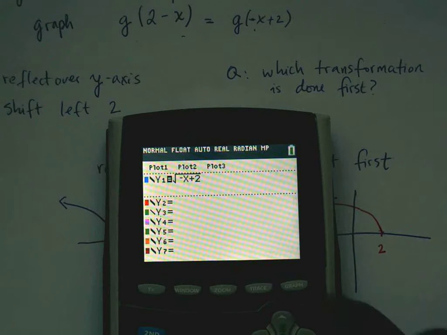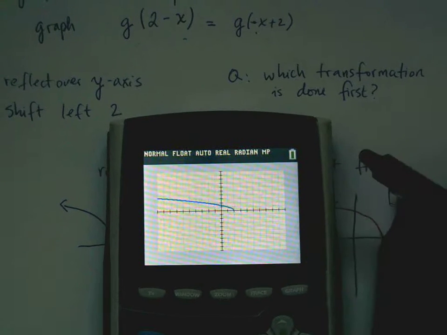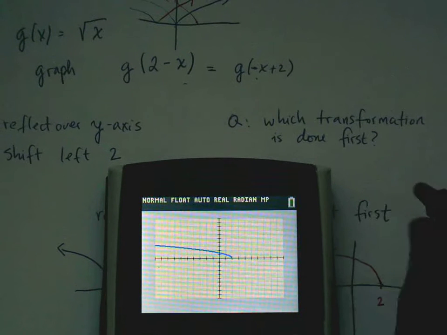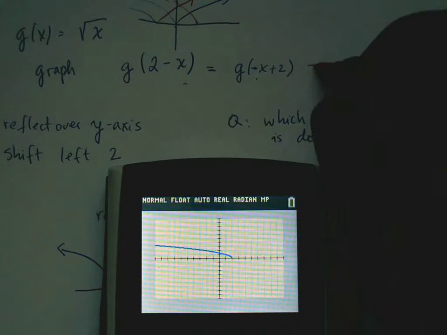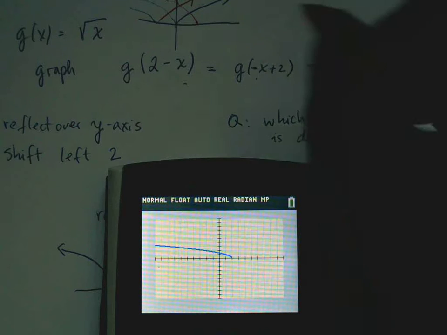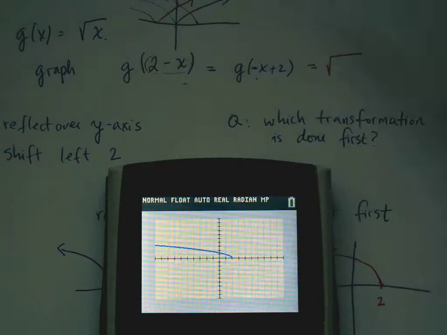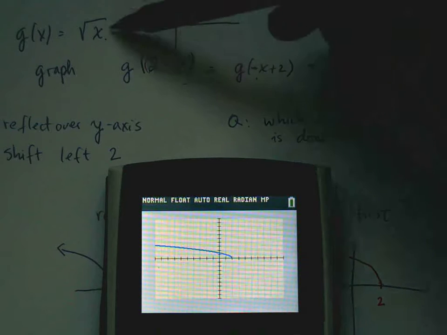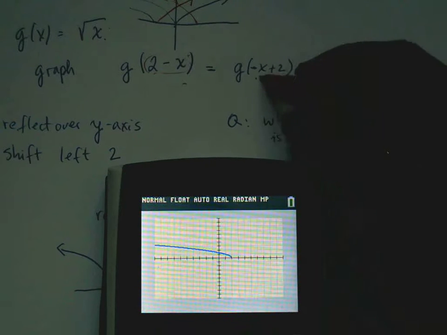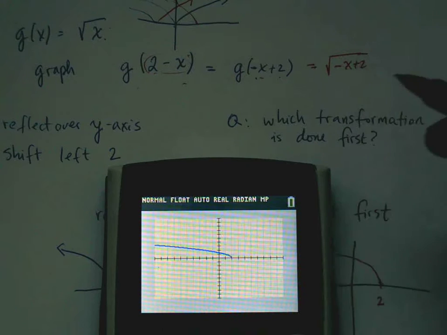I get. Just so that we know where this comes from, g of negative x plus 2 is just the square root function, and then we're going to substitute this part in here. Okay, so we're going to substitute 2 minus x in here for x. So, or negative x plus 2, same thing, negative x plus 2. Okay, and so from this graph we can see clearly that shifting first is the way to go in this